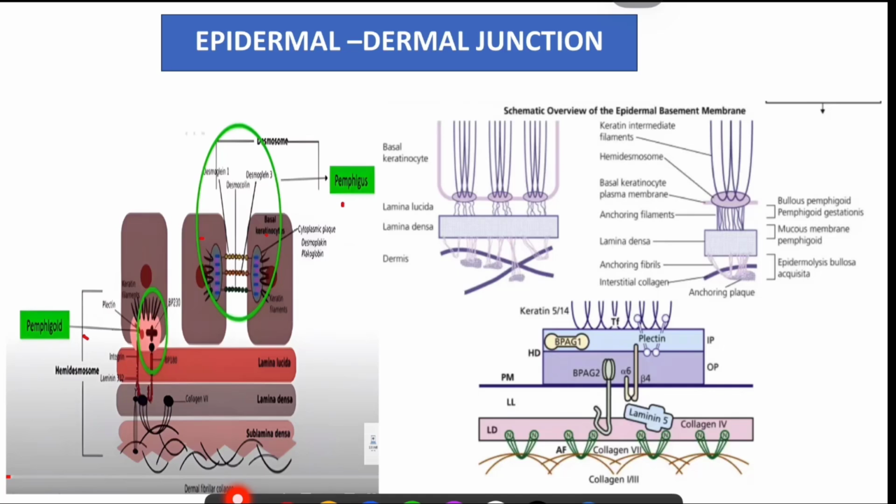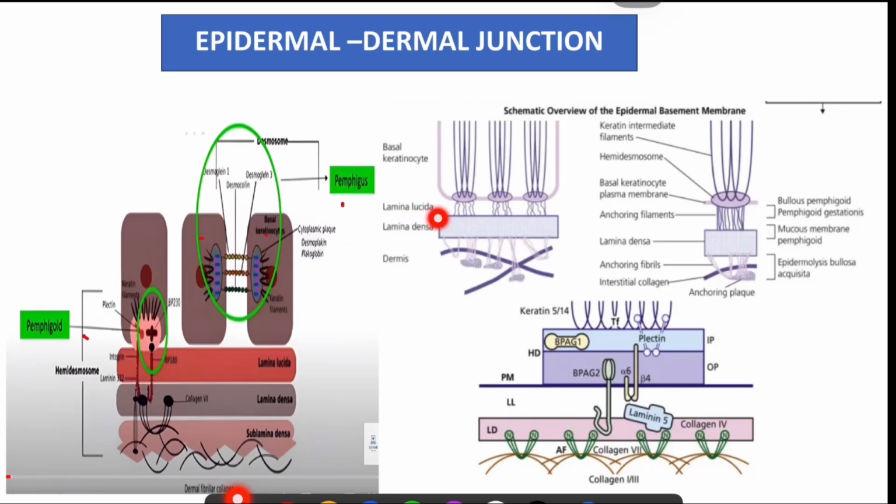So basically pemphigoid bullous diseases are due to damage to the hemidesmosome, and